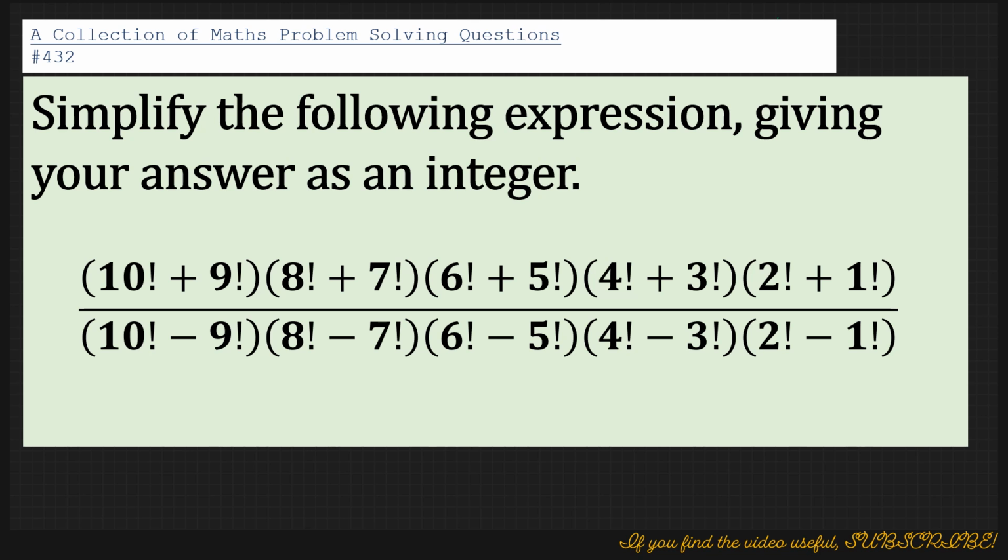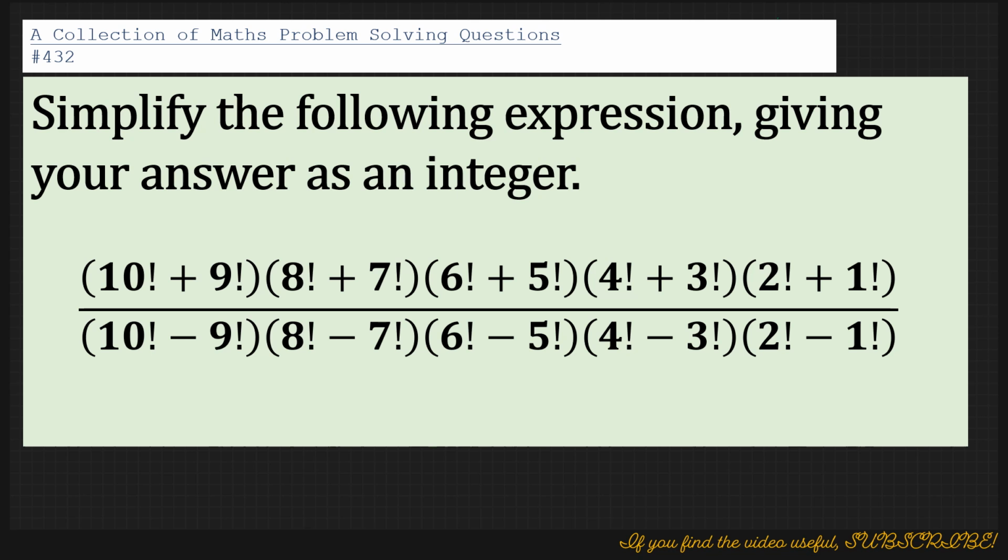Simplify the following expression, giving your answer as an integer. So if you have a look at the expression that we've been given, it's a multiplication of all these factorials. You see, what we can do is